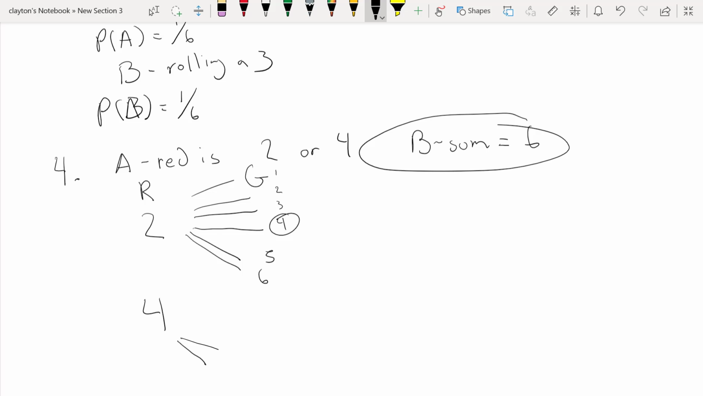Right? We have 1, 2, 3, 4, 5, 6. 1, 2, 3, 4, 5, 6. And again, there are 6 possibilities here, and the only one that we really want is where they add up to be 6. So 6 possibilities here,